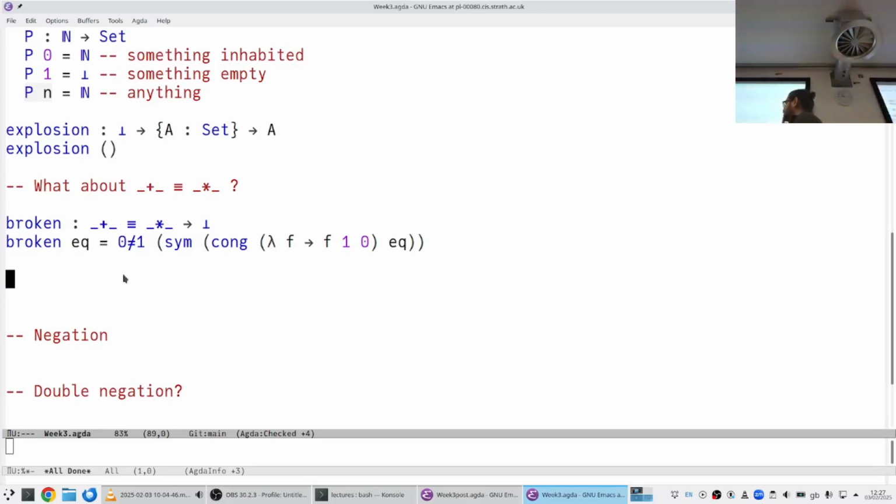Disproving an equation is always a case of coming up with some sort of observation that pushes the two things apart. You know, what test makes it obvious that these things don't behave the same way? And Agda can come up with those sorts of tests for things like telling different constructors of the same data type apart, but it's not much cleverer than that. So sometimes you have to cook up the observation that's going to drive things apart.